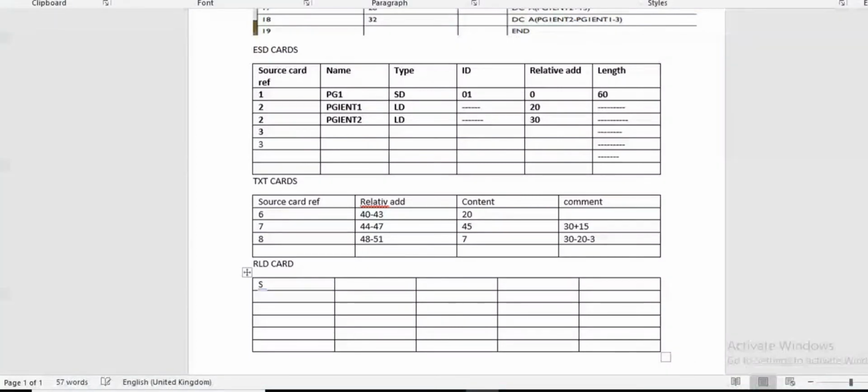Here is ESD ID, which we have to fetch from the ESD card. After that, length. The fourth field is a flag. It should be plus or minus. Then the last field is a relative address.